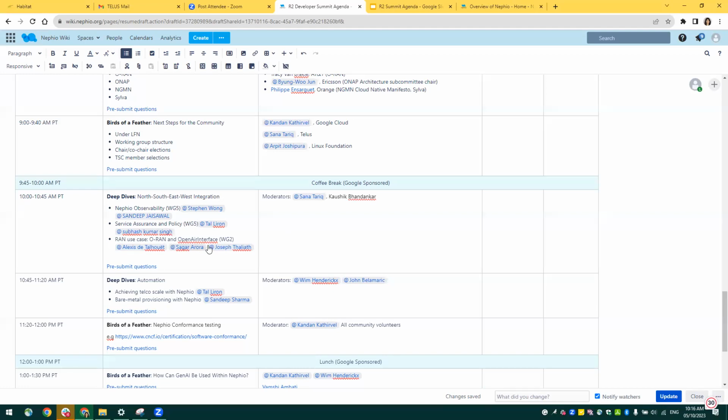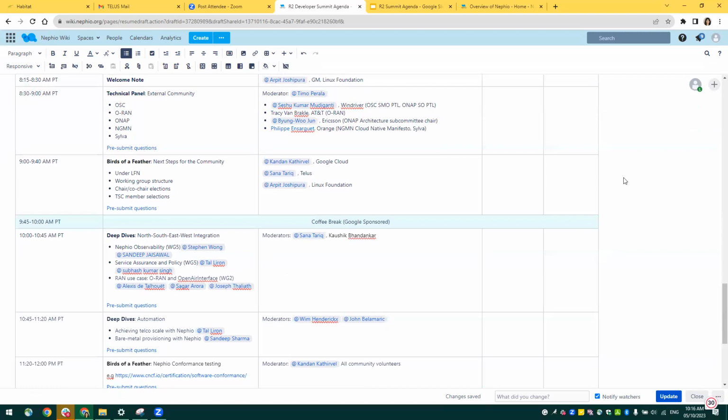So how does the other title look to you? RAN use cases, then ORAN and Open Air Interface. Does this look right? Yeah, and I thought I had until the session starts to build my deck, but okay, I'm going to be proactive. Title is good, Sana. Thank you. I'm going to be the only one presenting, but actually I'll be presenting on behalf of Sagar and Joseph. So I want to update this, it is not my work.